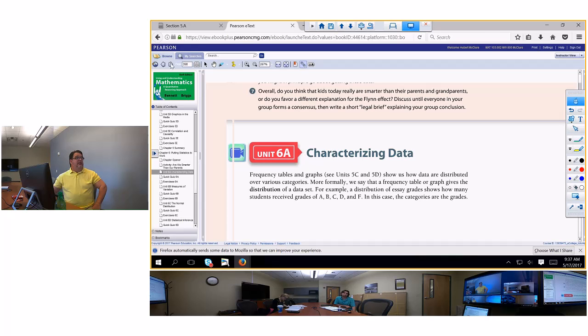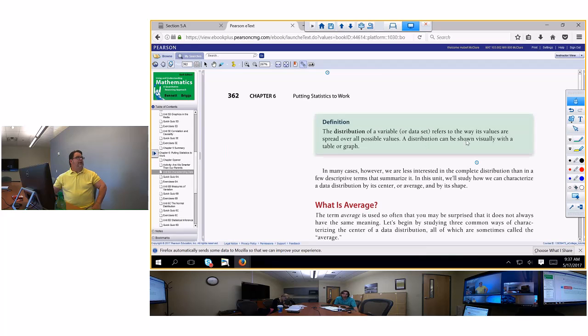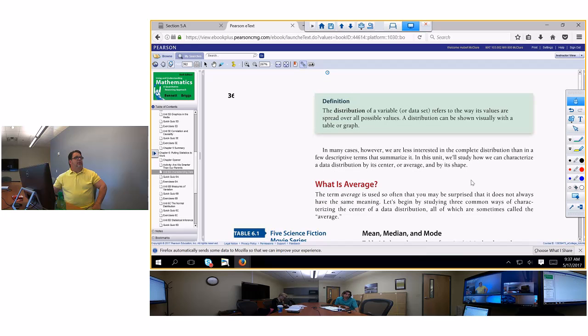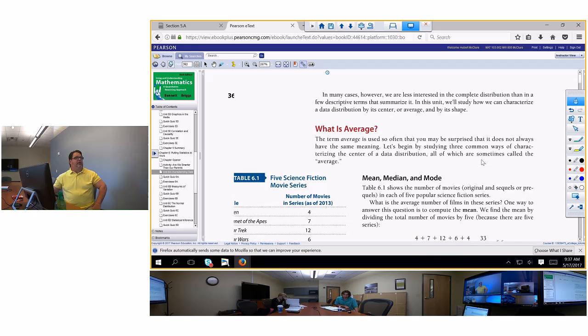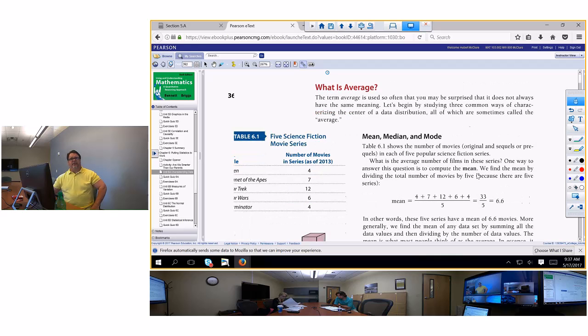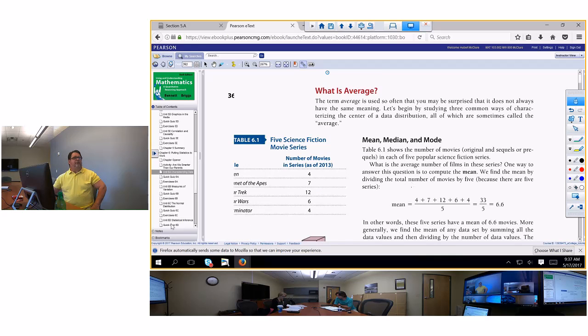Now, like I said before, most of y'all know how to do this section, but where I run into problems is when people don't know how to find the standard deviation and the variance, and then they don't know how to find the z-score and stuff like that. So you are welcome to try problems in this section up to a certain point. I think you'll be able to do 6A okay. But 6B is when you start getting into the normal distribution and the measures of variation, which means you get into the variation and the standard deviation.